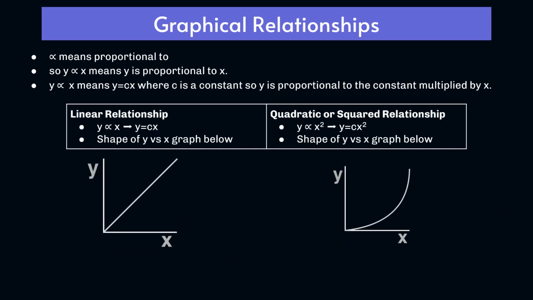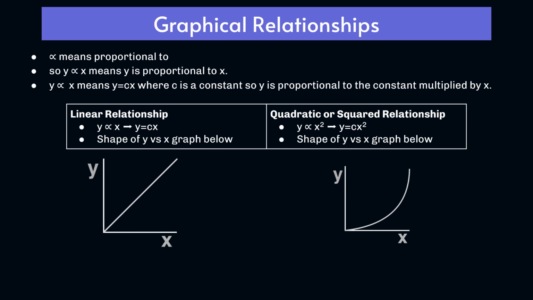Another part of graphical analysis is graphical relationships. This is really important in Regents for some of the multiple choice questions. It's also important for AP when we have to linearize graphs. So we have here at the very top, you have that symbol there that kind of looks like the Greek